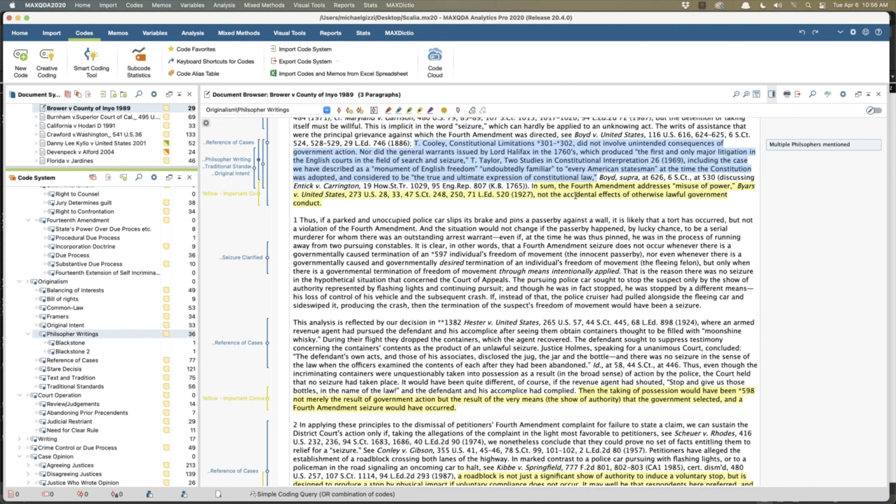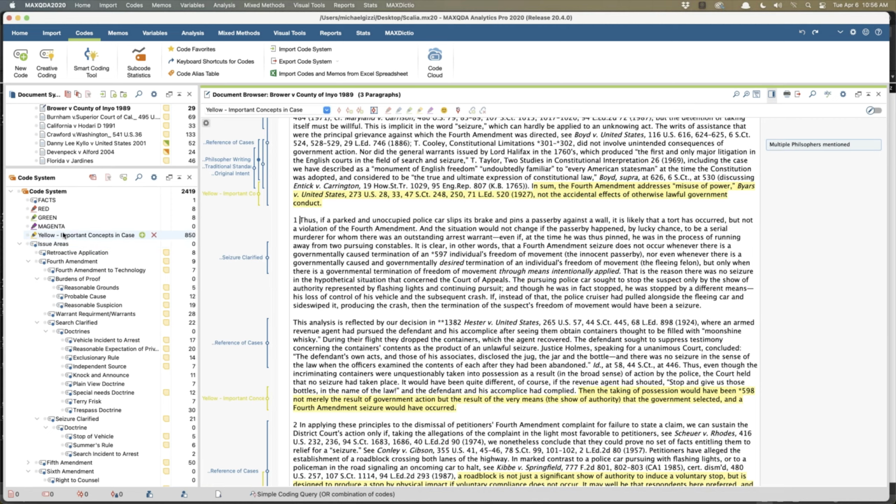My student, when he saw something that he thought was important, like this, I'm just making it up, he would segment it, select it, and create and highlight it. And it automatically got coded. Now, how did it get important concept added to it? All right, let's get rid of that because we don't need that one. If we look here, he renamed it.